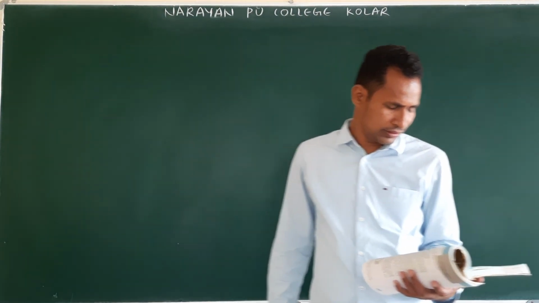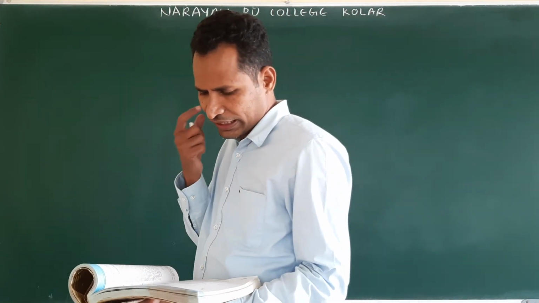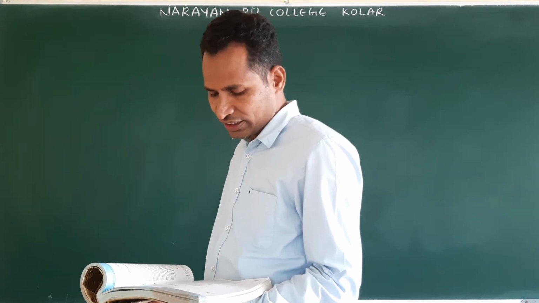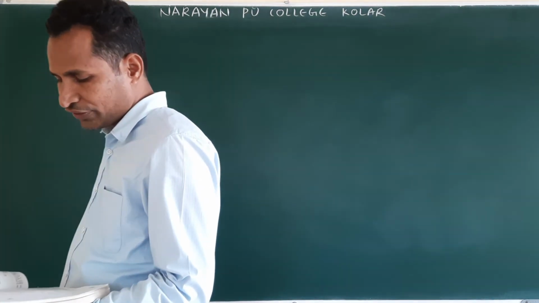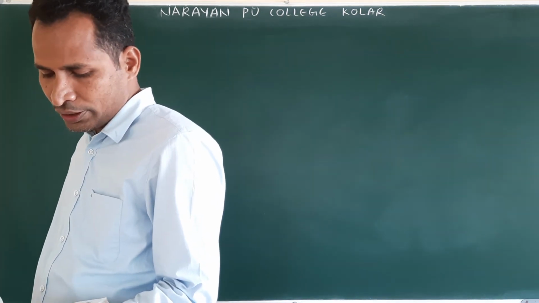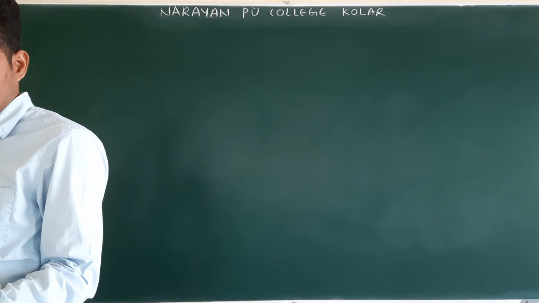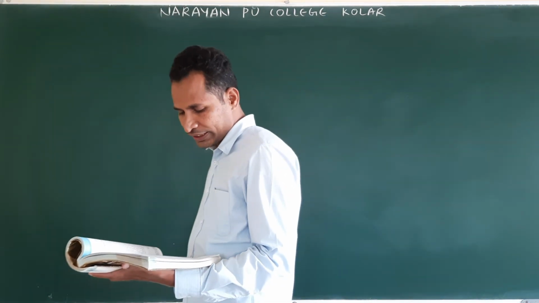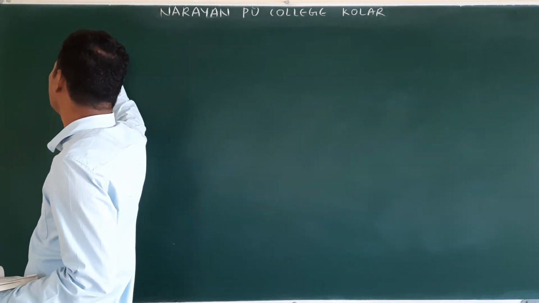Next, the fifth question. A 1 meter long metallic rod is rotated with an angular frequency of 400 radian per second about an axle normal to the rod passing through one end. The other end of the rod is in contact with a circular metallic ring. A constant and uniform magnetic field of magnitude 0.5 Tesla, parallel to the axis, exists everywhere. Calculate the EMF developed between the center and the ring. We have already done an example problem like this.